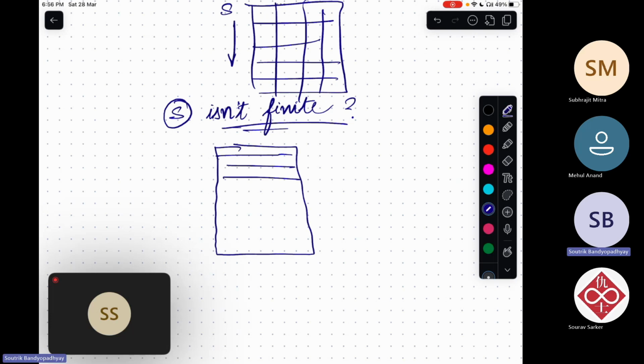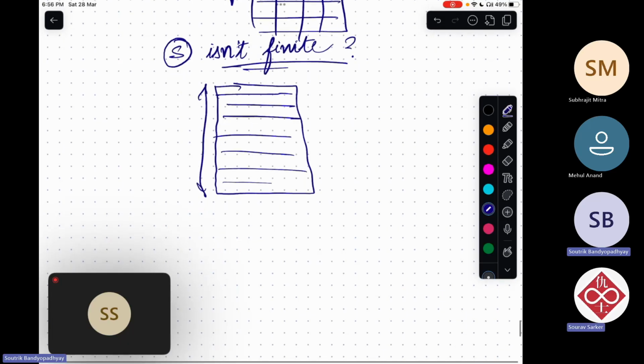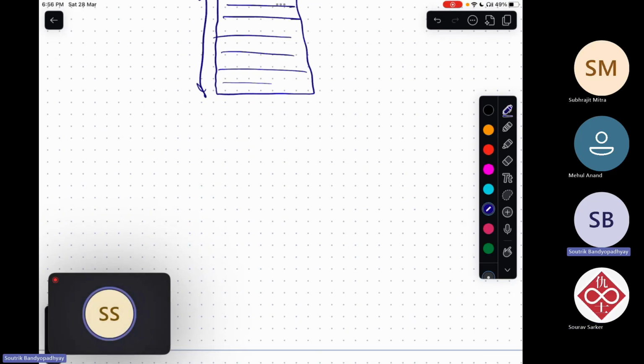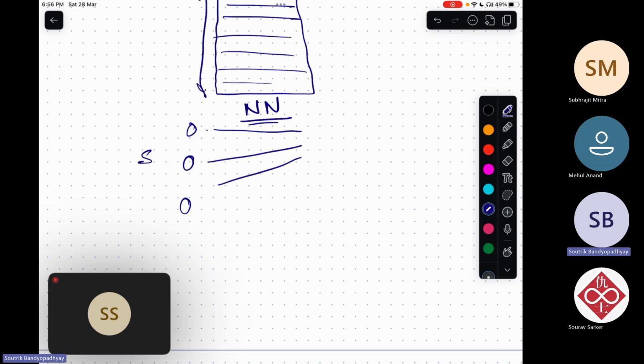So the table would be infinite in this row, and there would be infinite rows of this table, right? But I can't do that. So what you end up doing is maintaining a neural network, wherein the input is the state and the output is the Q values for each of these actions,